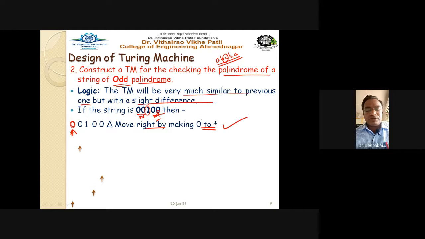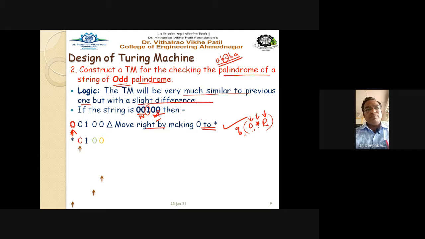So this is our logic actually. Move in the right hand side direction. This is actually the transition. Getting my point or not? So input is 0, output you have to write as star, and the direction is R, and the state is Q0. Getting this point? So how to write it correctly? Q0, input is 0, output you have to print as a star and move in the right hand side direction.